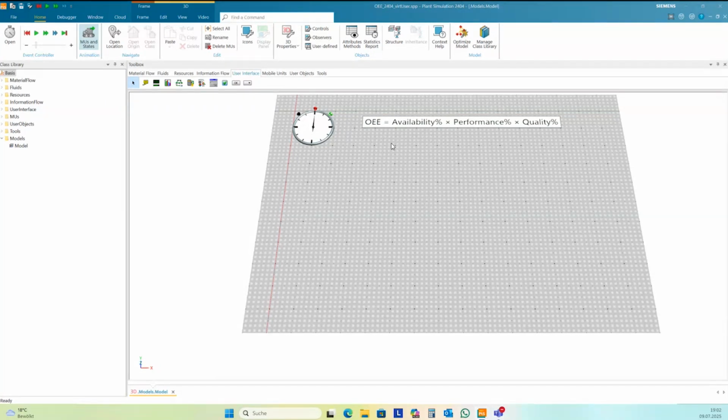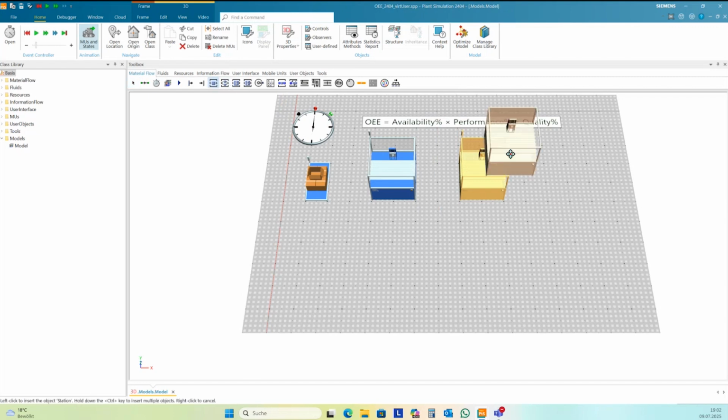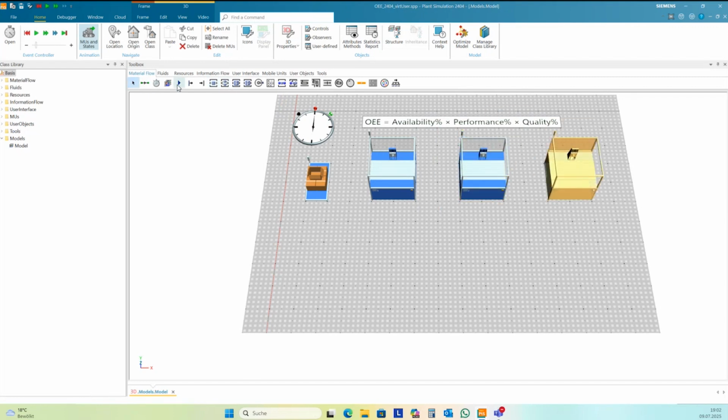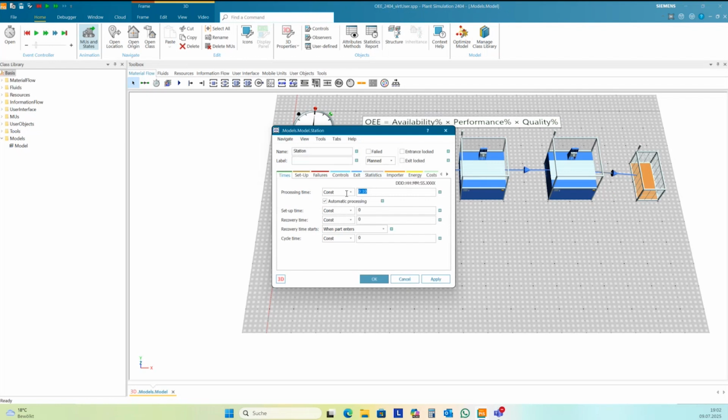I want to have a line that consists of 3 stations. Each station has a cycle time, a processing time, of 1 minute.